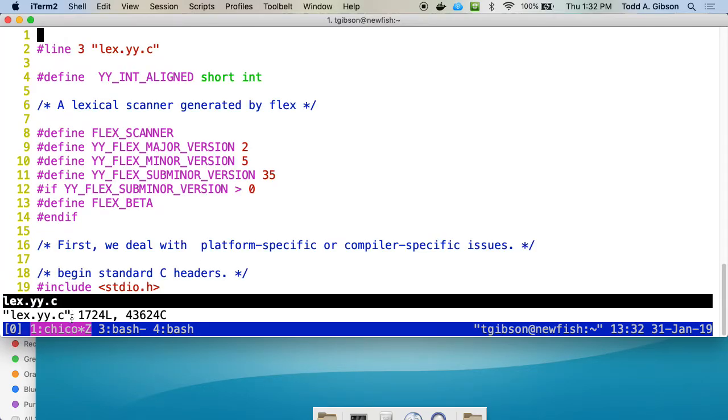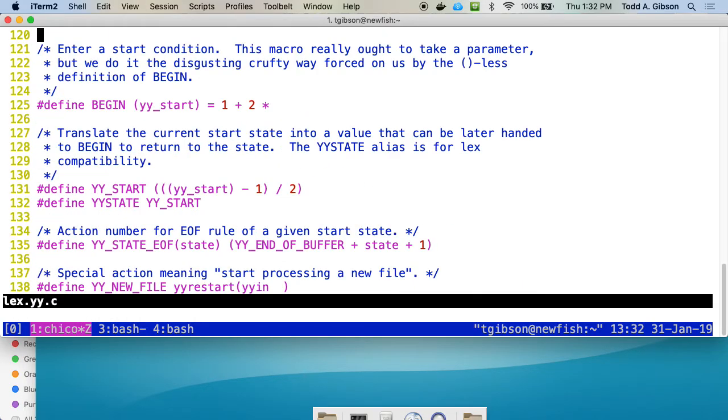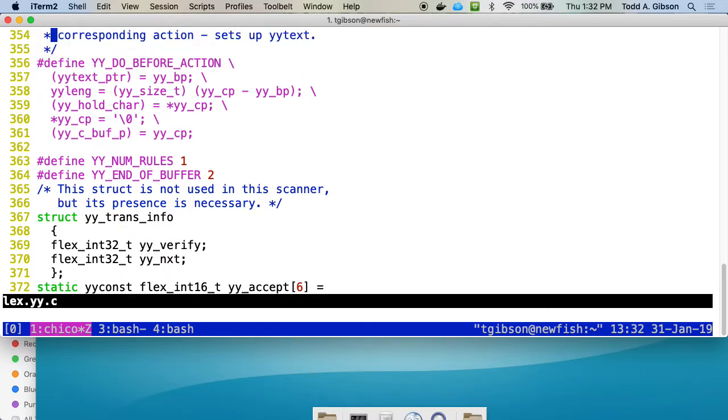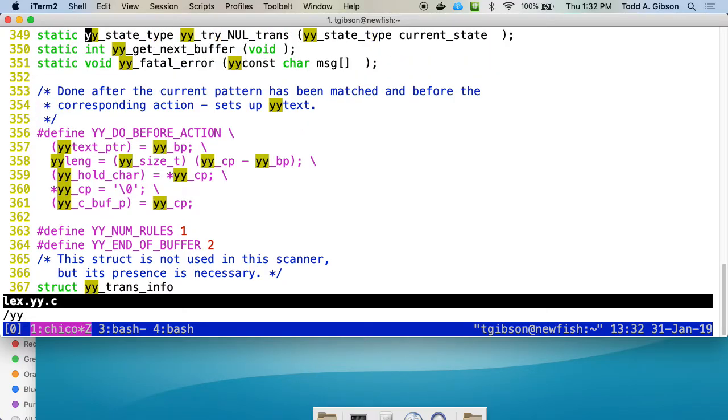So an empty Flex file that does nothing generates about 1,500 lines of code. A lot of stuff here. Note that everything that you see in here... why, you ask? To answer that question,